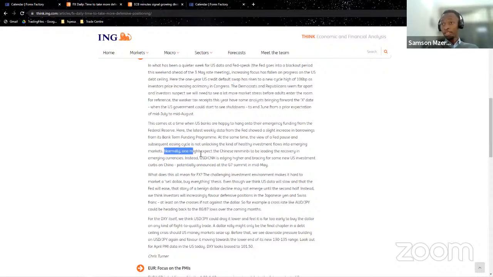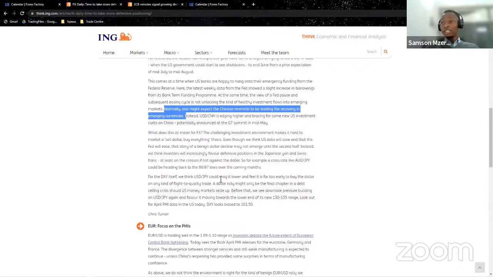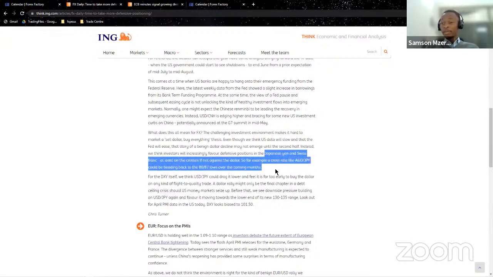So they're saying here, normally one might expect the Chinese renminbi to be leading in the recovery when the dollar starts weakening, but that's not the case. And then the recommendation of the alternative is, the other case to build up is next week we have the meeting, so the market might also be a bit muted. So here they're saying it might be more defensive. That means investors might not necessarily start getting into dollar activity, but maybe Japanese yen and Swiss franc,